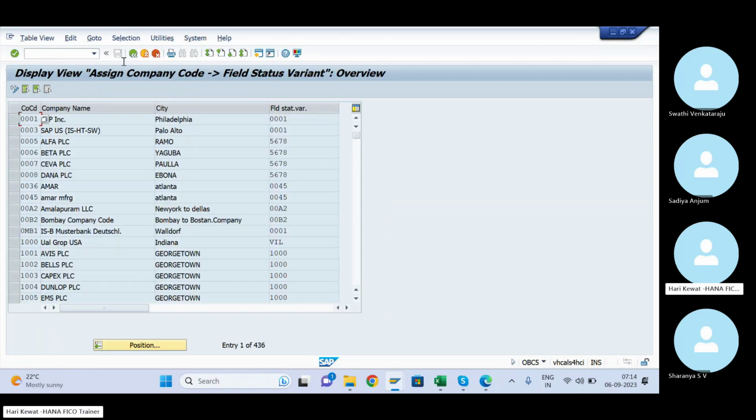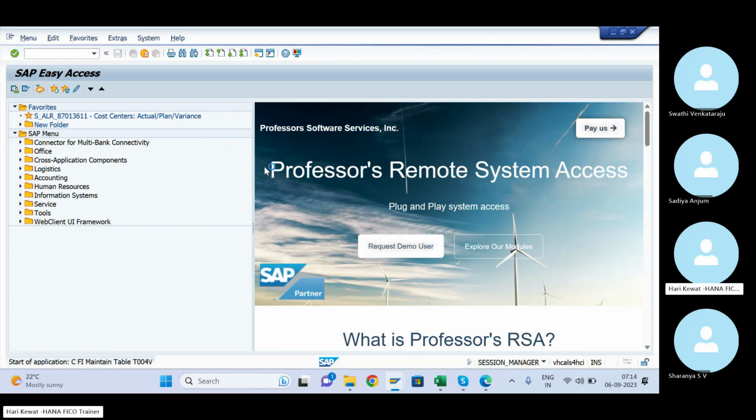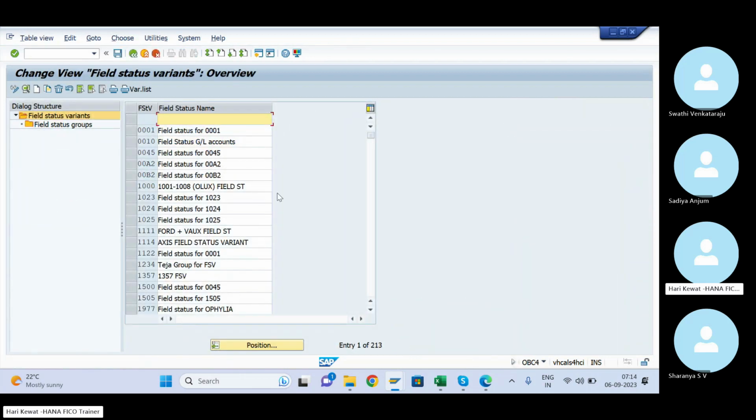Sorry, OBC 4. One day I have shown you this, right, and you know the logic also. Now here, which is my field status variant? Swati, how do you analyze the bank data? Which one? Oh, OB 60, G065 something. Can you scroll down, sir?